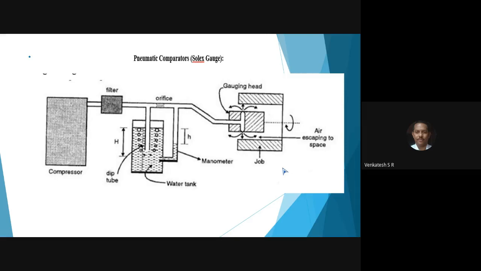Where do you require liners? First point: after running the engine about 1 lakh or 1.5 lakh kilometers, what will happen? The bore diameter of the engine enlarges. All of you know. Sometimes in Kannada you say the engine bore has come. That is nothing but the bore diameter of the engine being enlarged.